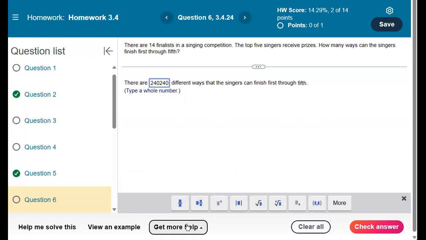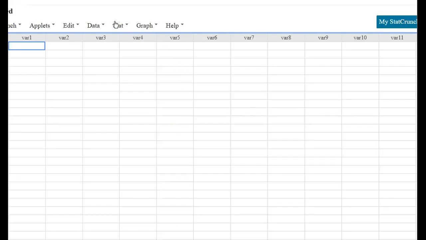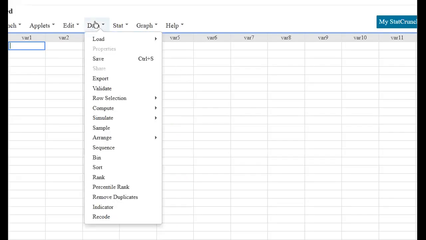If you don't want to use Excel though, you can use Statcrunch. It's nice, built right into your homework questions. Get more help, Statcrunch. Let it load. To do permutations in Statcrunch, you're going to go to